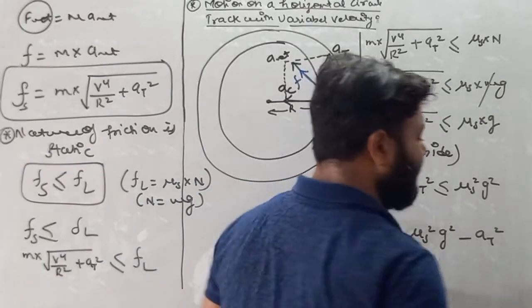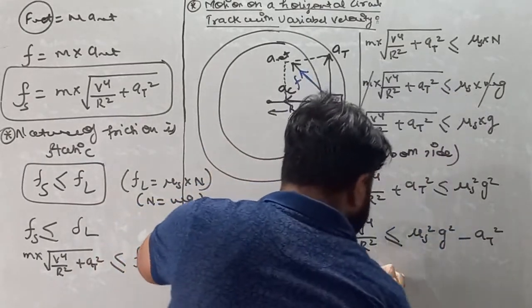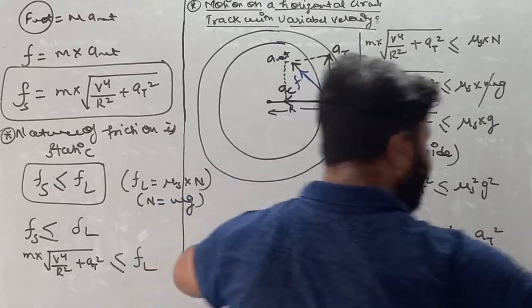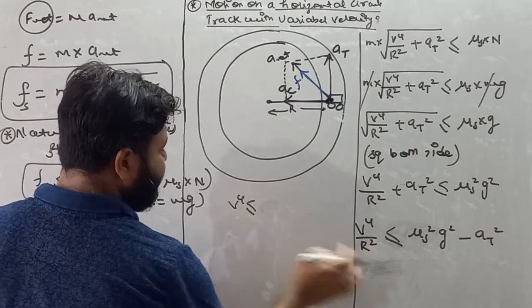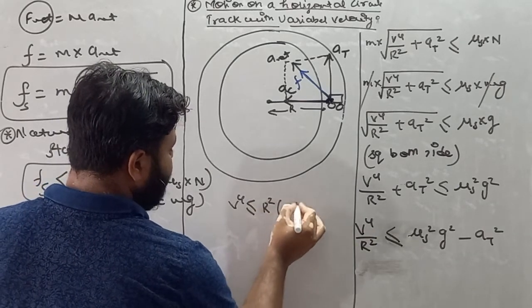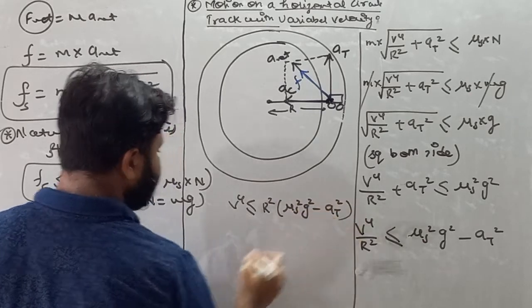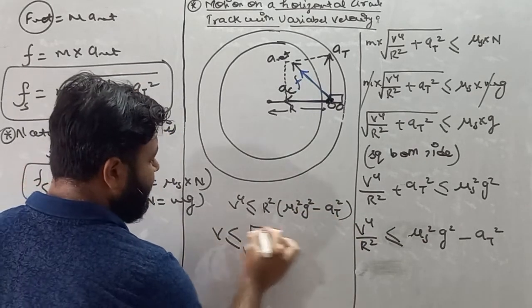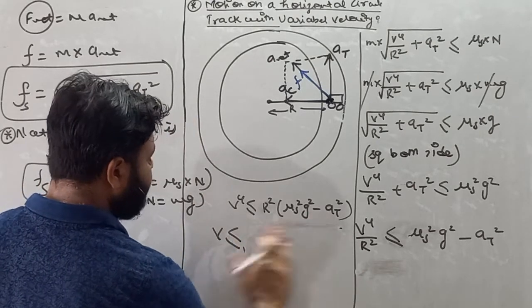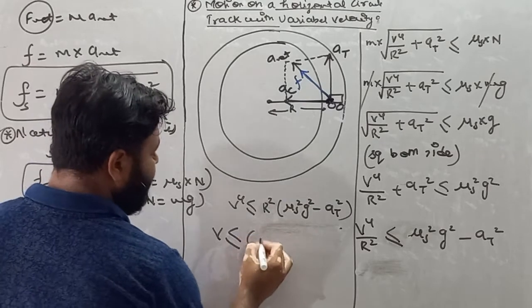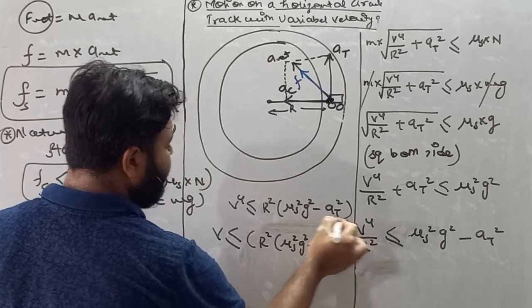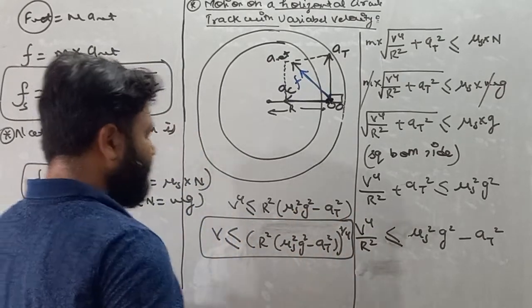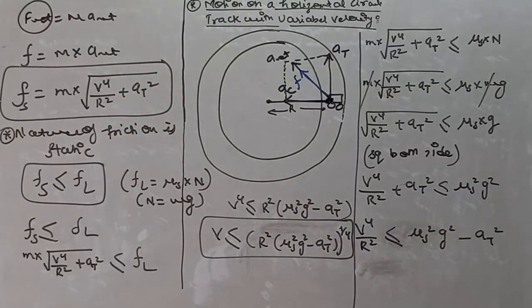Now take r square to this side, so what we'll get? We'll get v raised to the power 4 is less than or equal to r square mu square g square minus at square. So v must be less than or equal to r square mu square g square minus at square, whole to the power 1 by 4. This is the value of velocity with which a particle moves